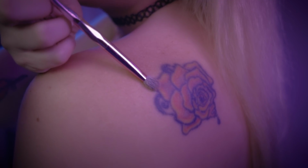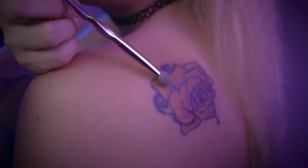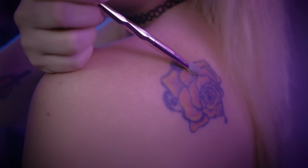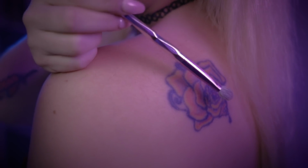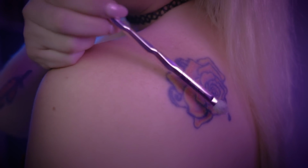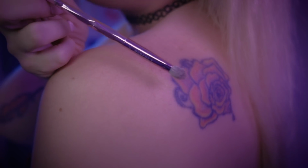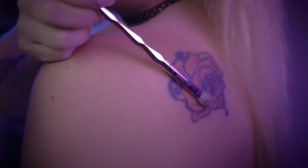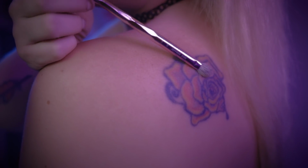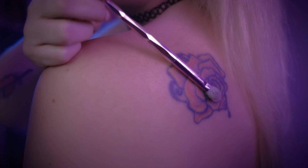I had this habit in classes in high school, and when I wasn't listening or when I was daydreaming, I would always draw roses that looked exactly like this, dripping blood, or water or tears or whatever. So that is one of the reasons why I liked this design at the time, because it was something I